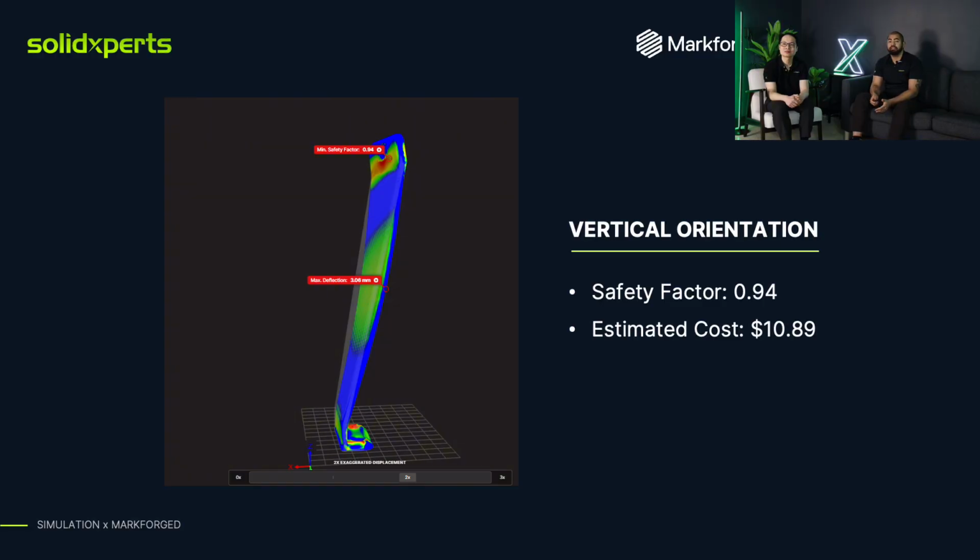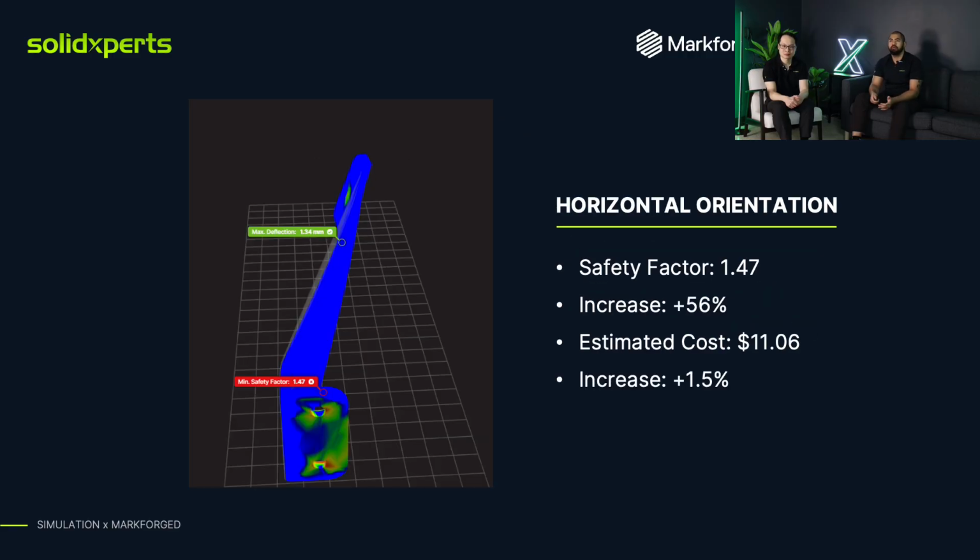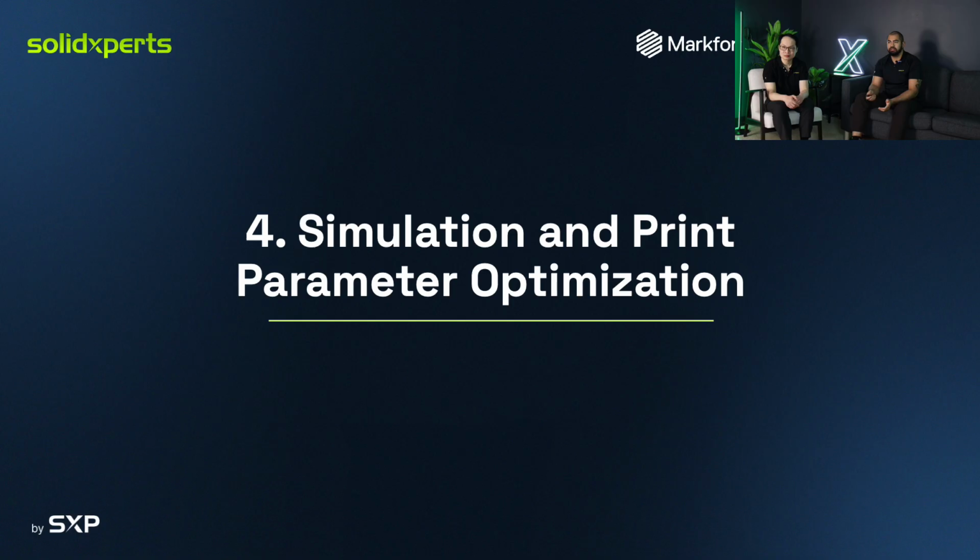1.47. That's a significantly large increase for a cost that remains relatively similar at $11.06, which is an increase of only 1.5%. So from there, we've determined our best print orientation, which is horizontal. We're going to re-simulate our part, but this time to define the choices and select our print parameters, like what infill we'll use, where we'll place the fibers, how many wall layers we'll have, how many floor and roof layers, and so on. So from here, we put our part back into Eiger in the new position, horizontal, and we'll